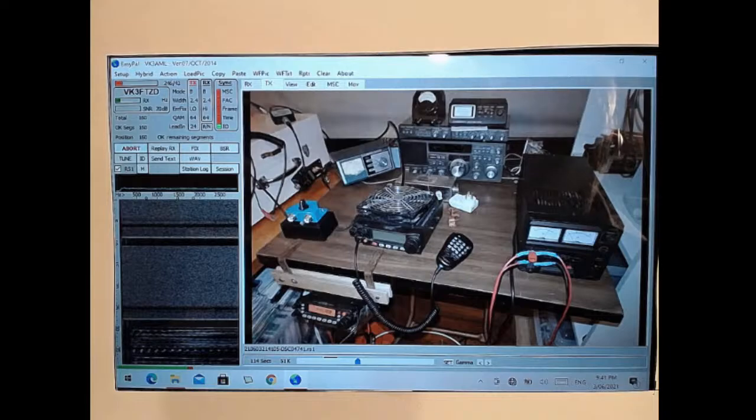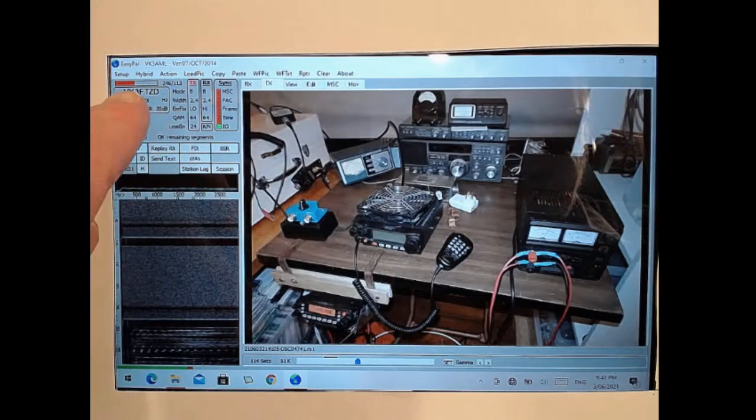But this program, this means of transmitting the picture digitally, has Reed-Solomon error correction coding built into the signal so that it can tolerate the loss of about 10%, sometimes up to 50% of the signal, depending on how you configure it. We're about halfway there. You can see from this little thermometer here, which is moving to the right. That indicates how much of the signal has been transmitted.